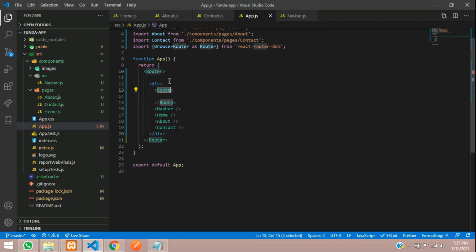In this Route we are going to call the path of it. Let's type path equal to double quotes, not single quotes, /home. Inside this Route you will set the home thing. Let me cut and paste inside it.